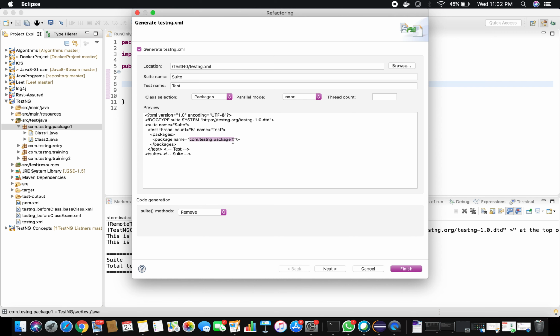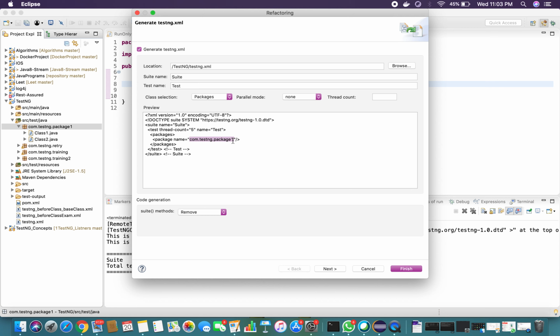We need not define each and every class under the classes tag. In real time, you will have multiple classes, and day by day the count of classes will keep increasing as the test case count increases and the categorization increases. So you need not worry about keep adding the classes under the classes tag. You can create packages and execute.